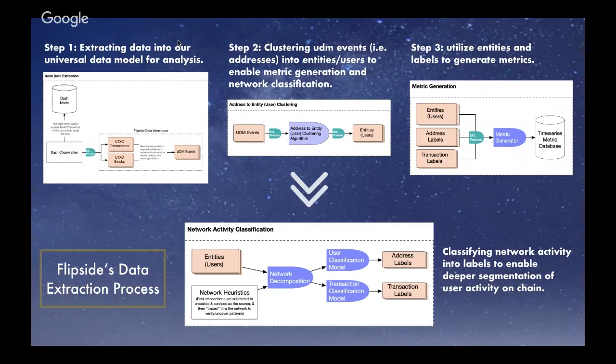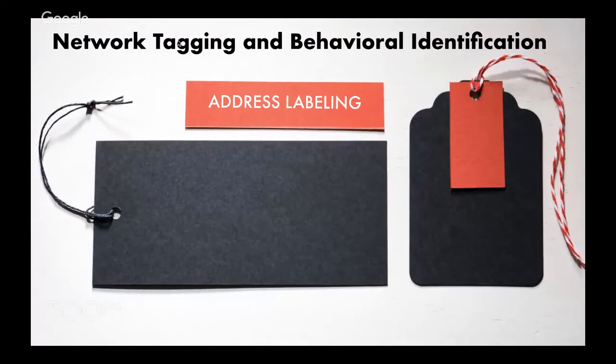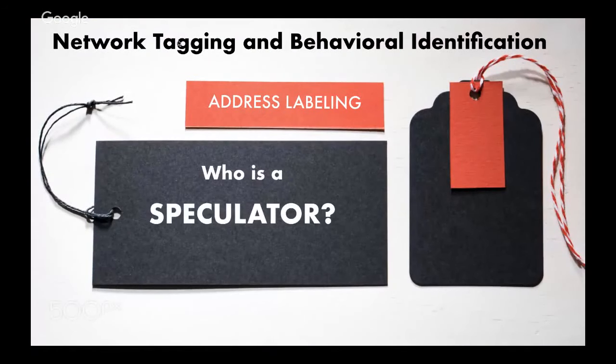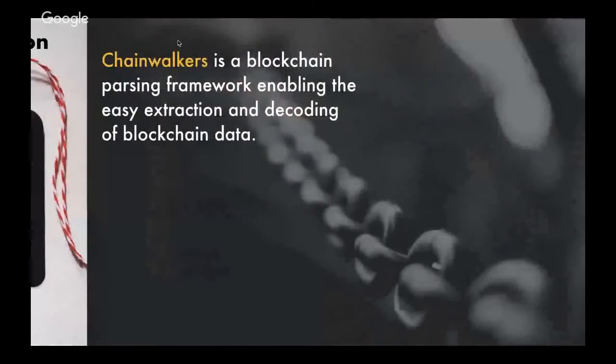Okay? And that means by labeling, we're able to do a very specific thing. We're able to distinguish between who's speculating and who's an actual user. Okay? An actual user who is using that platform, that token, for its stated intended purpose. If you're a storage coin, for storage. If you're a stable coin, for actual usage as a transaction in a payment environment. Okay, so this is the key to what we'll measure.